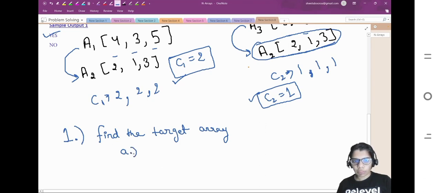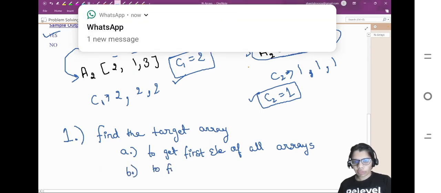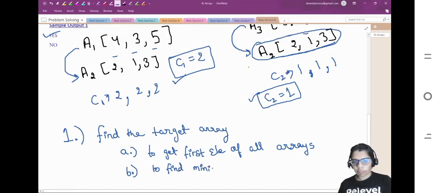So first step would be to get first elements of all the arrays, right? And second step would be to find the minimum element